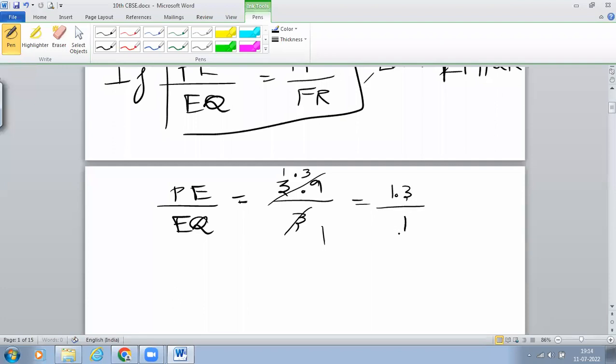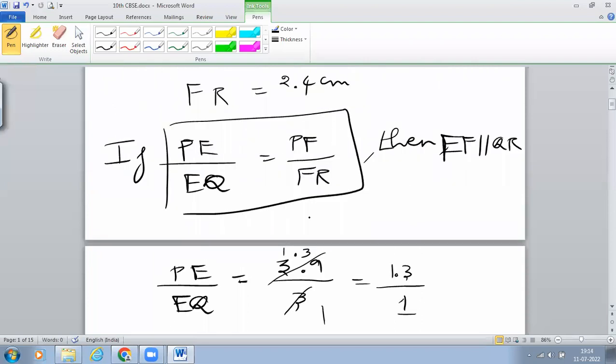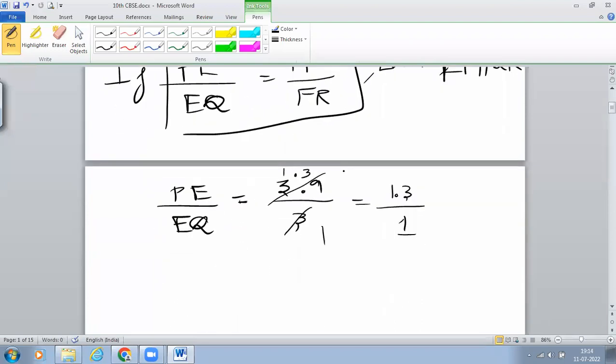1.3 divided by 9. Now, similarly, we have to find the value of PF by FR. So PF divided by FR is equal to, what is PF in this question? 3.6. 3.6 divided by what is FR? 2.4. Now here we will not get 1.3 by 1, because when we simplify this,